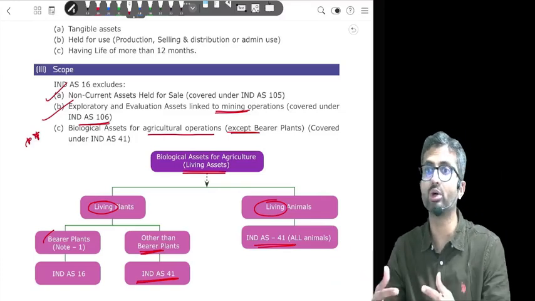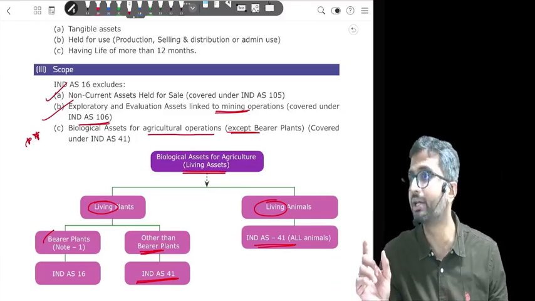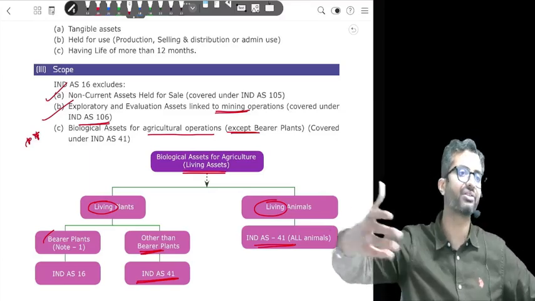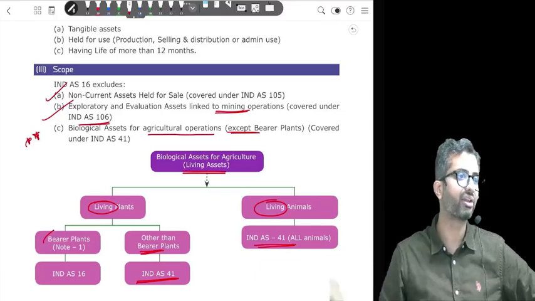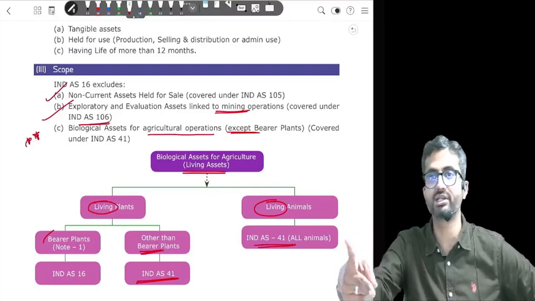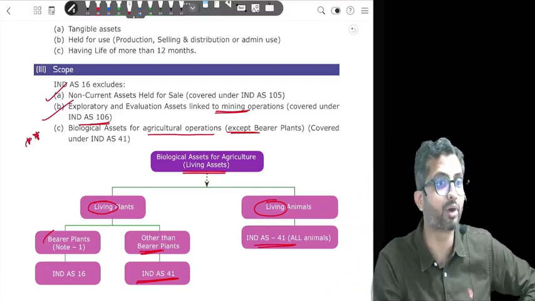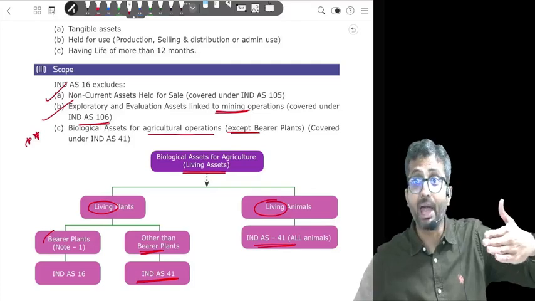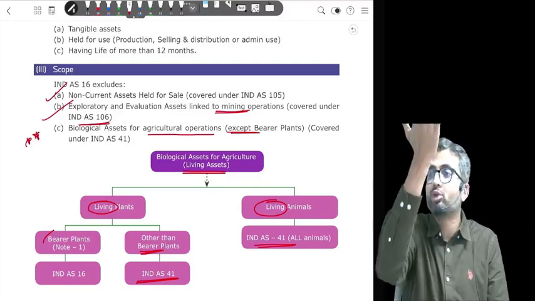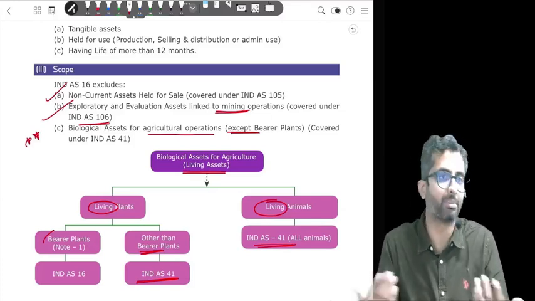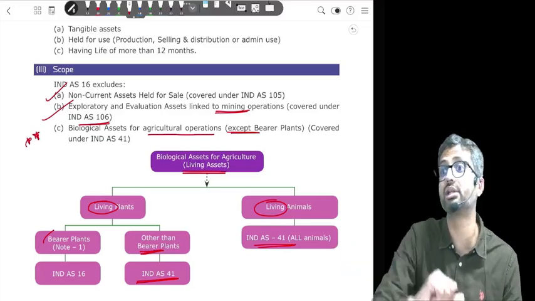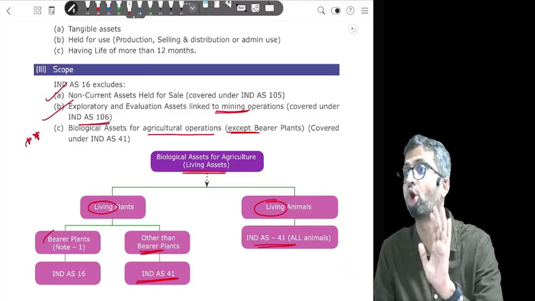For example, now this was debatable and hence people said that, so for example, if you buy, let us say, an asset and you get, let us say, someone like Deepika Padukone to come and inaugurate. So she cuts a ribbon and she charges a bomb for that. Will that be capitalized along with the cost of your project? Because it is not directly attributable to construction, or I mean, it might give you some publicity, etc. But it has no direct connection to getting the asset in the ready to use condition. And hence it will not be capitalized.